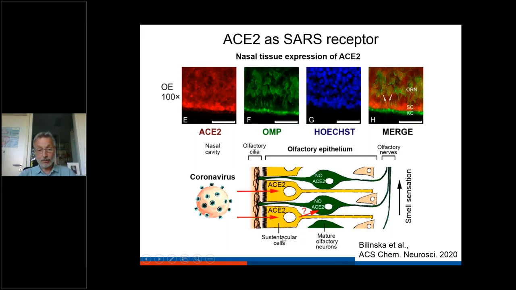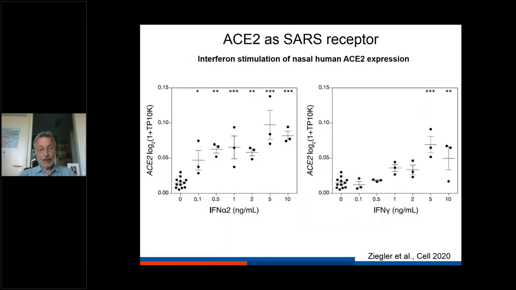And this group thinks that this is because these cells are getting inactive, and maybe the olfactory epithelial neurons are not supported by these cells anymore, and that's why they are not able to wire correctly and give the sensation. The other thing which came out, which is also a completely new finding, is that ACE2 is an